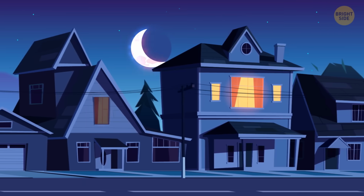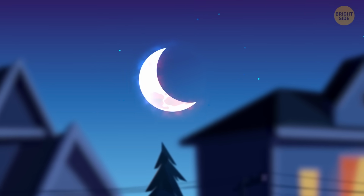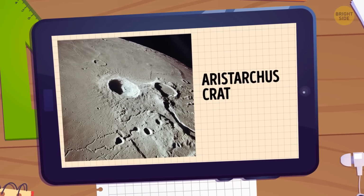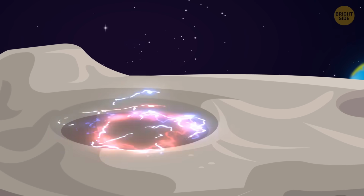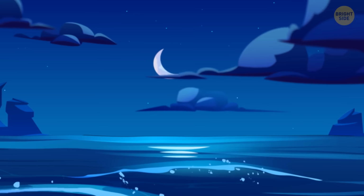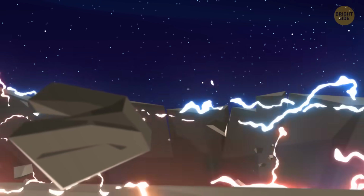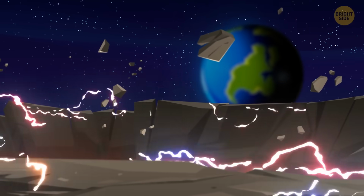Another unusual phenomenon is the blue and red lights on the moon. They can be seen when it's horn-shaped, and this occurs most often in the Aristarchus crater. The flashes come and go very quickly, almost like lightning. In fact, this is electricity. Tidal forces are to blame for this too. They cause mechanical stress to build up in the rocks. This can produce an electric field, which creates the blue flashes that have